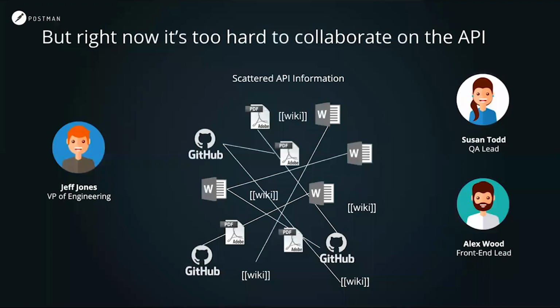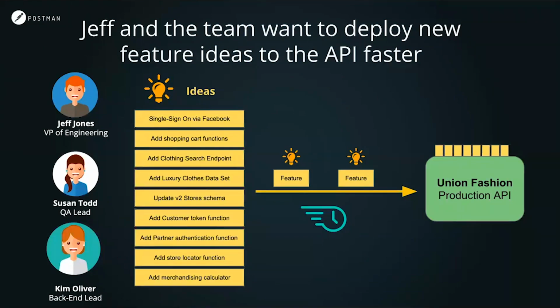It's a mess. They're using wikis, they're using GitHub, they're using many different platforms and services to actually do what they do. And Jeff's hoping to adopt a more API-first approach to make it a little bit more coherent and organized. Through this process, Jeff is really hoping that he can streamline how ideas go from seed to actually being part of the production API, having a more organized and structured approach for how APIs get delivered across teams.